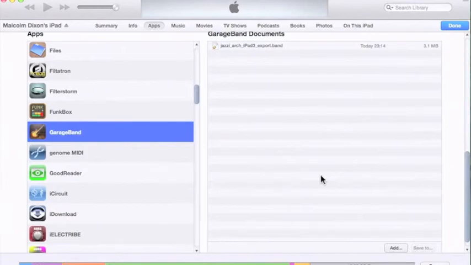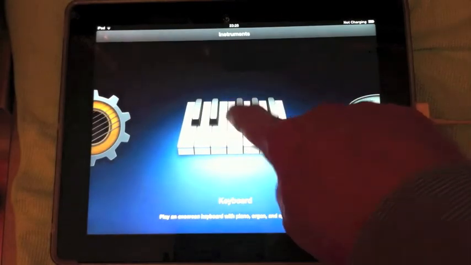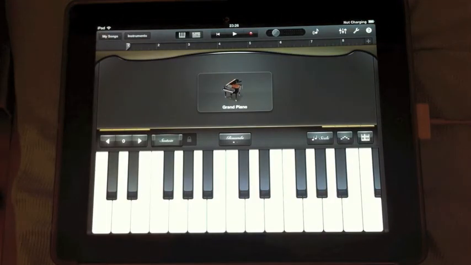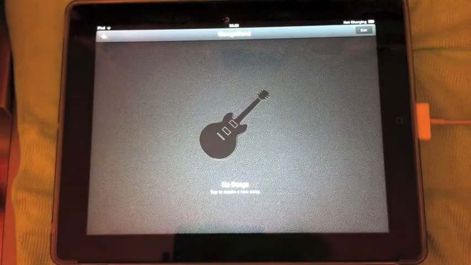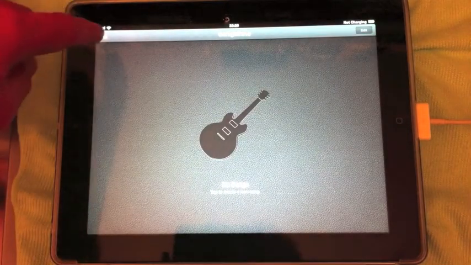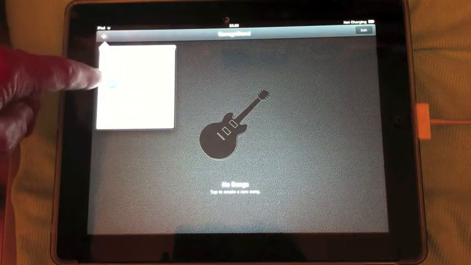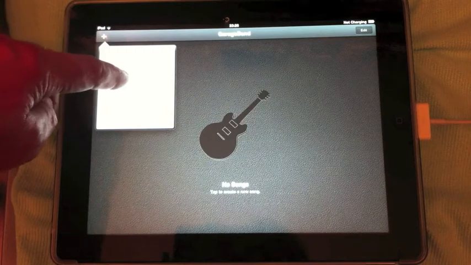And now we go over to the iPad. Okay, I've opened Garageband on the iPad 3. Select keyboard, and in the top left hand corner I select My Songs, and then I select the plus sign, and the second item down on this list, you might not be able to see it on the video, is iTunes. Click on iTunes,